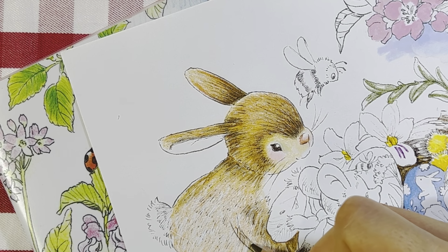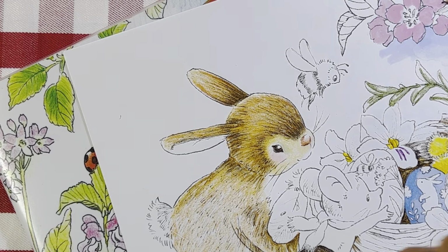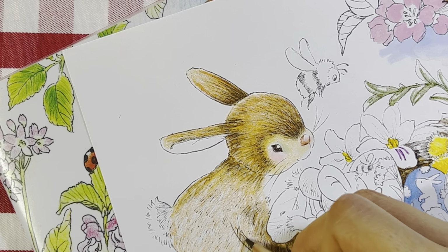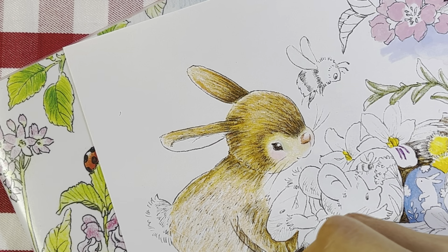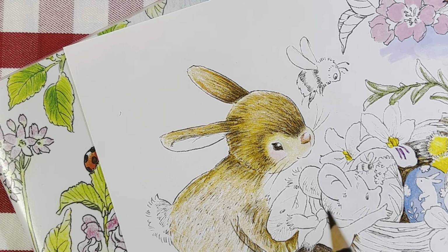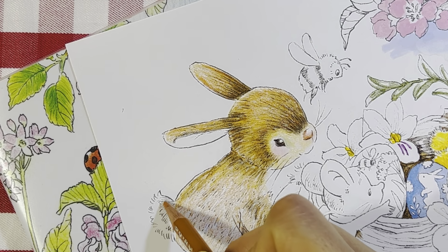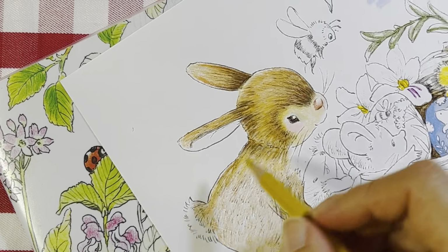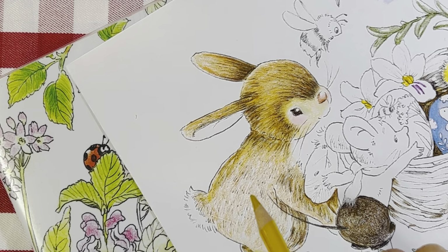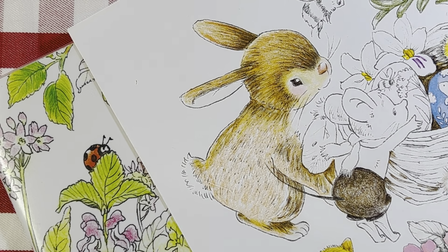Dark brown under his arms. These are his arms, like so. You know, the hind legs, the front legs. His arms, and this one looks like his arms. So yeah, I missed out his tail. So mineral orange. And yellow ochre. I'm going to just slightly